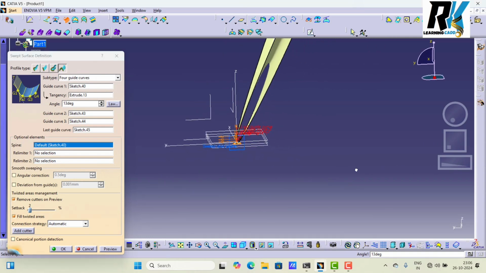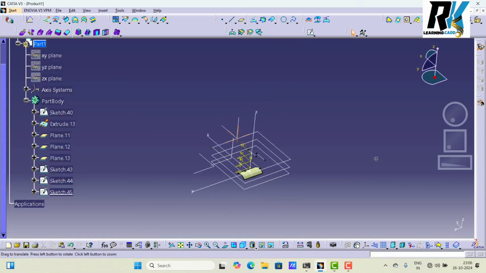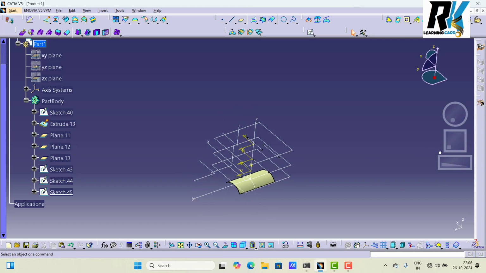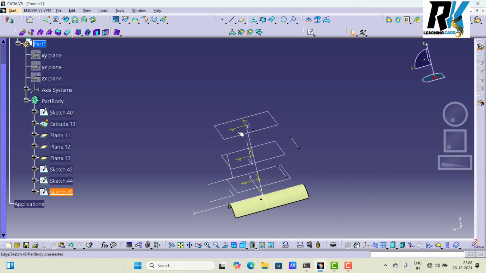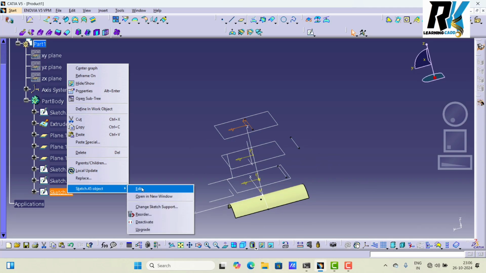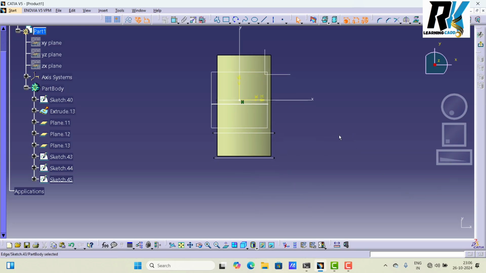Okay, this is the conic type. So this is too much height. Please decrease your height. Okay. So this one also you shift this sketch. You take here.